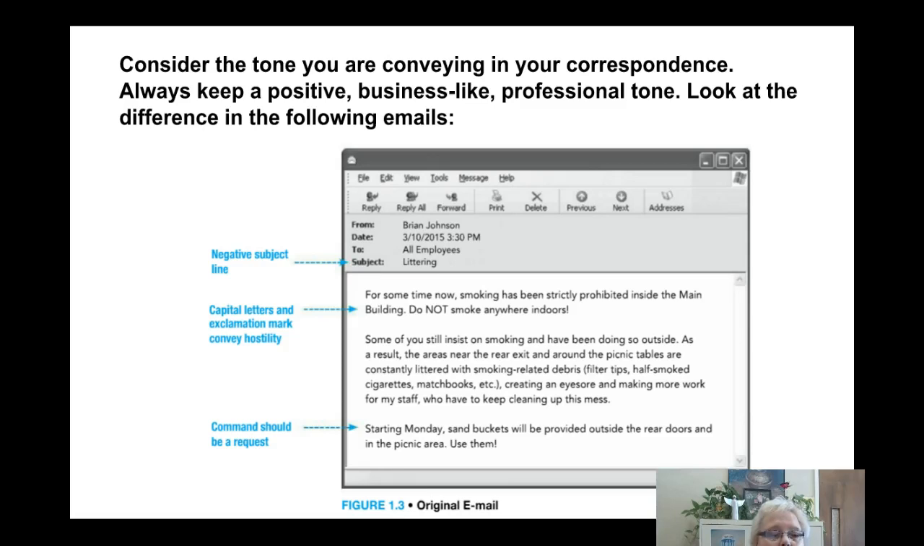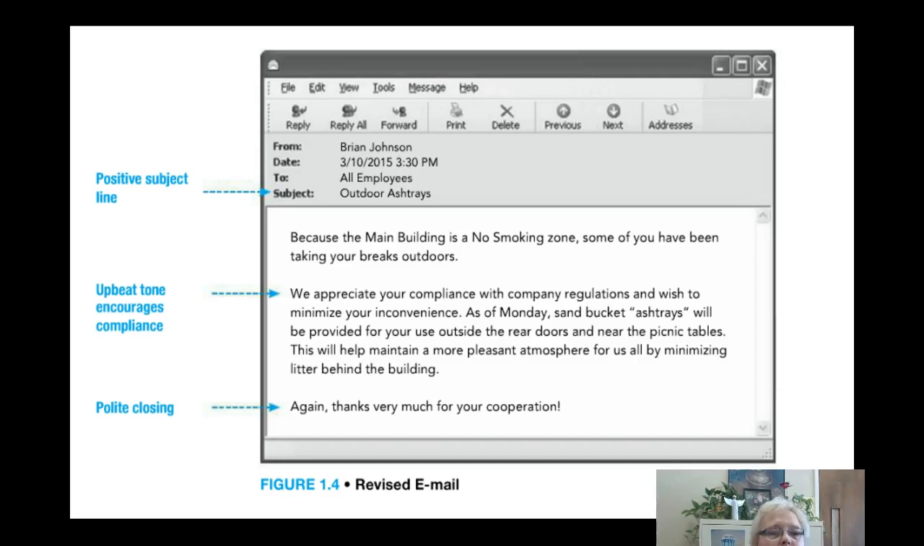And then things like, instead of making a command, make it a request. So instead of saying, starting Monday, sand buckets will be provided outside the rear doors and in the picnic area, use them. Again, you're yelling at your person. So with a better